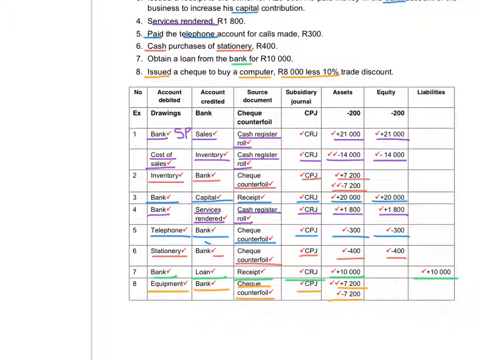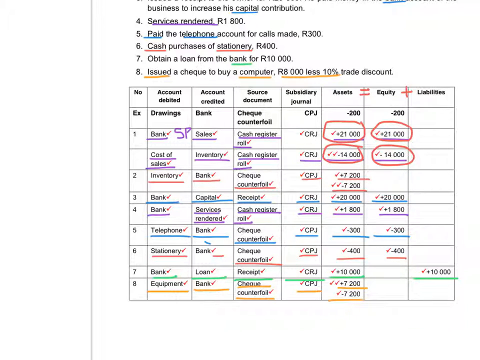The accounting equation is assets equals equity plus liabilities. That means after every transaction, this equation must be equal again. So it means that if you increase something on the one side, increase assets, you must increase either equity or liabilities with the same amount. If I decrease assets, it means that I must decrease either equity or liability. So every time you record a transaction, you have to record a double entry, so you will have